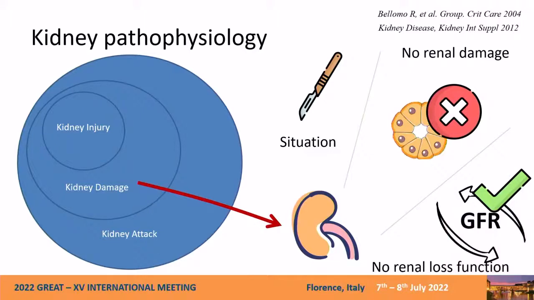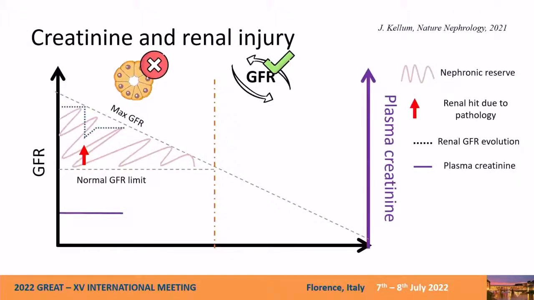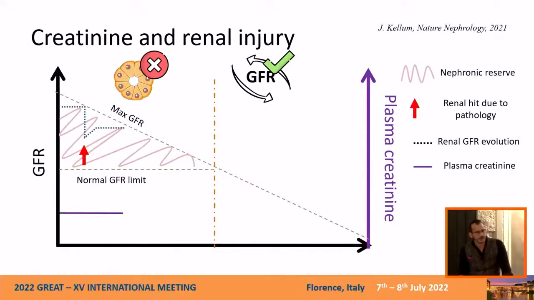I think you all know that you have 2 kidneys, and when you have injuries, you will go below 200% of your normal GFR, but you won't get under this GFR limit. Here, in this context, creatinine, which is the reference biomarker for the diagnosis of acute kidney injury, won't increase. So you won't be able to diagnose the damage of the kidney because you don't have any renal loss